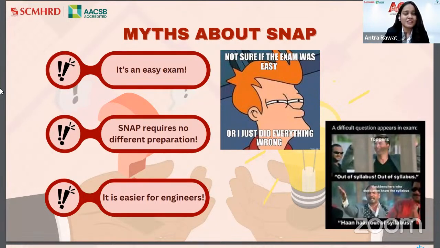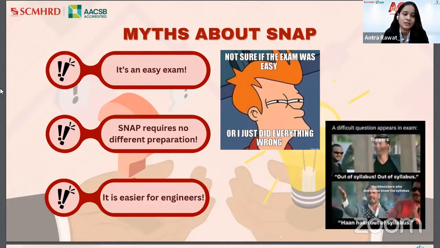So personally, when I was also an aspirant, I used to think along the same lines that SNAP is the easiest exam among all. But let me tell you one thing, that although SNAP appears to be a very simple exam, when you start giving mocks, you'll realize the importance of time management and accuracy that is not so easy to maintain while preparing for SNAP.